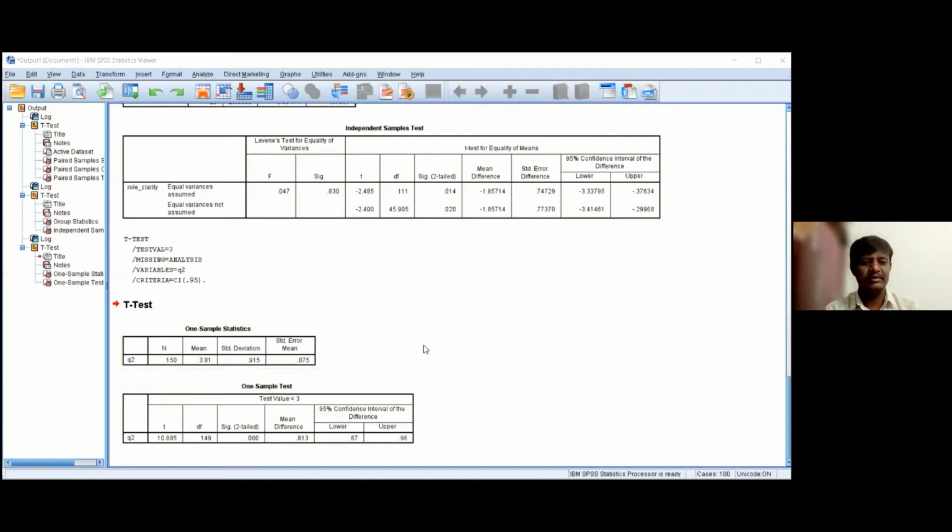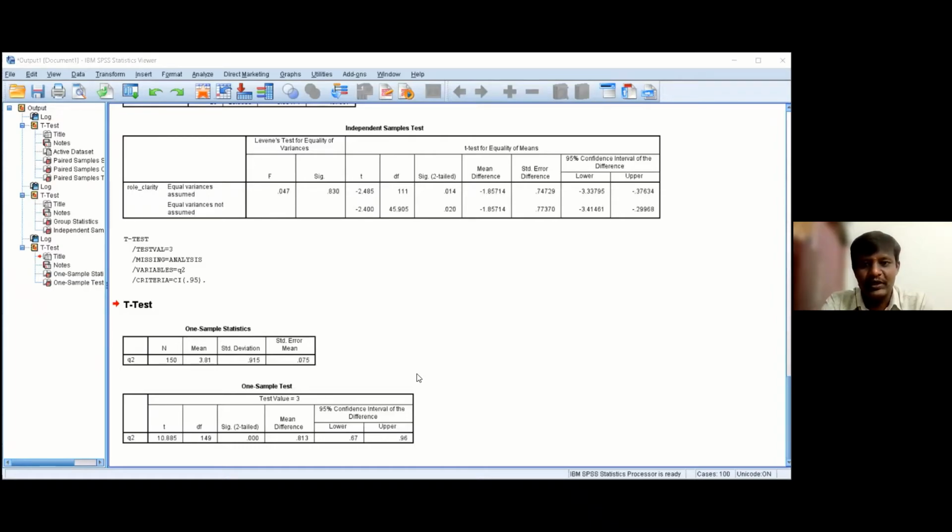So this is the one sample t-test output which we got from SPSS. Now we are going to understand the nature of the responses given by our participants. How do we come to know whether the opinion of respondents is equal to average, above average or below average? It is very simple. By simply comparing the mean value from this output, we can have a better understanding, and we can confirm it by looking into the significance value.